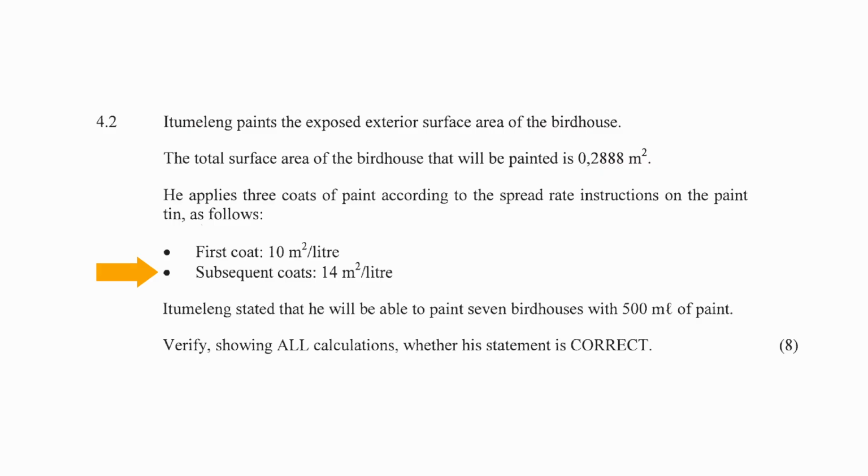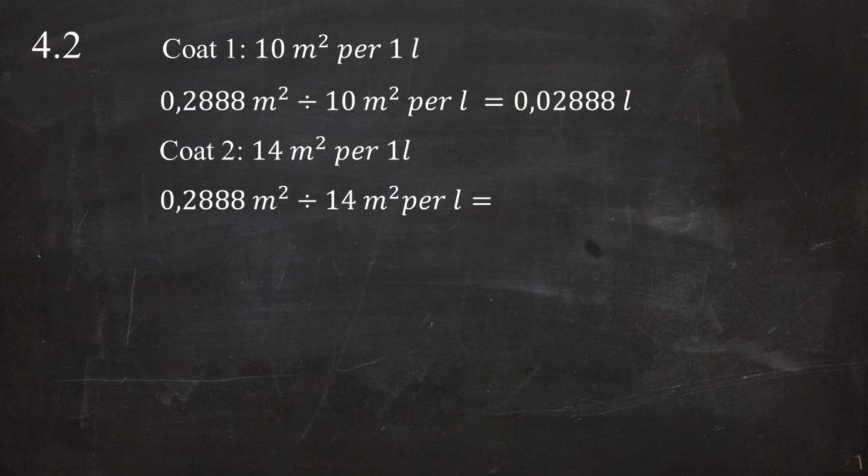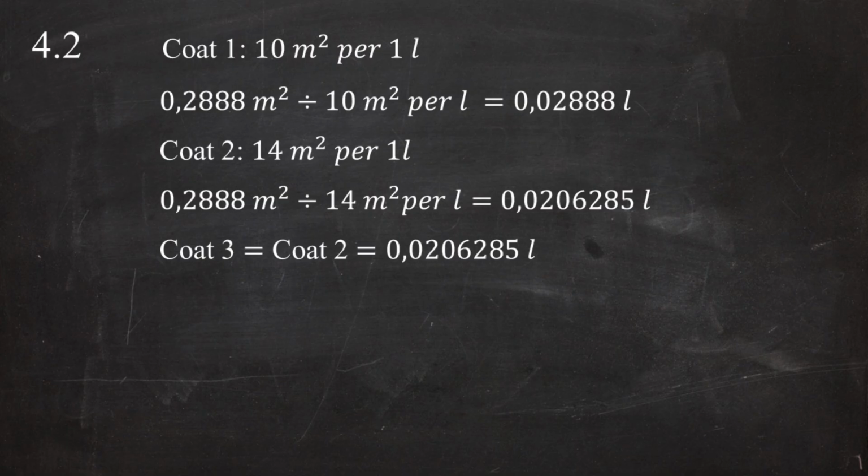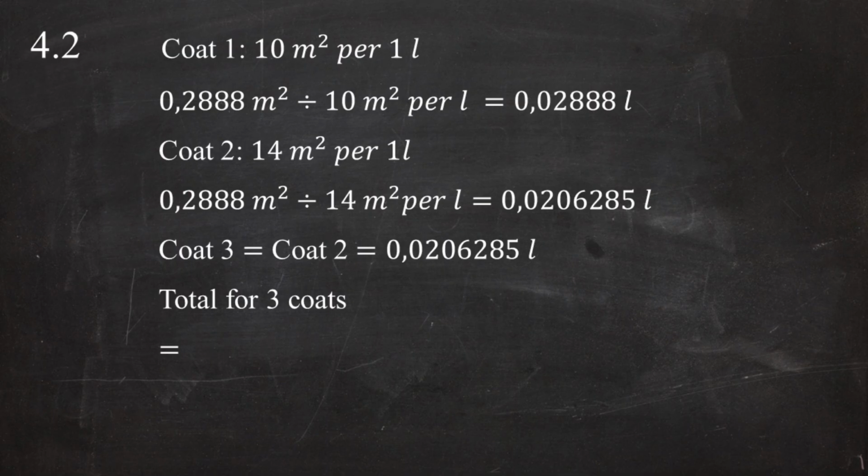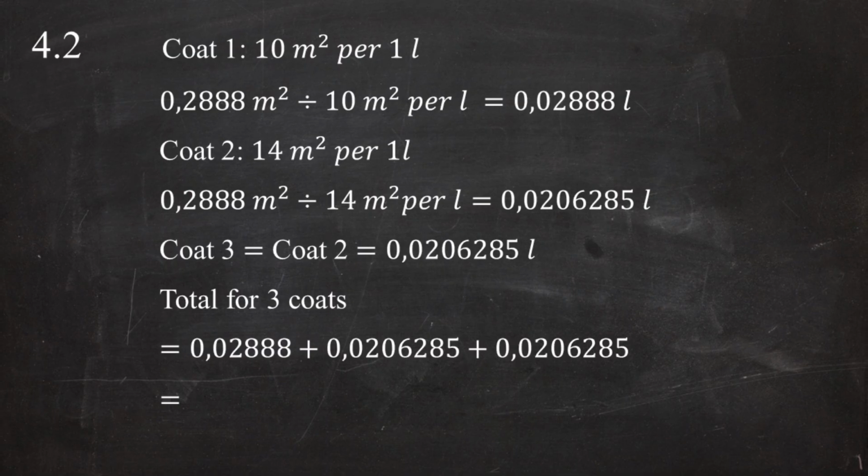So the amount of paint needed for the second coat will be the total surface area divided by 14 square meters per liter, and this equals a volume of 0,0206285 liters. The third coat will require the same amount of paint as the second coat. For a total of 3 coats, the total liters of paint needed will be the sum of the liters of paint needed for coat 1, 2, and 3. This will equal the total number of liters of paint needed of